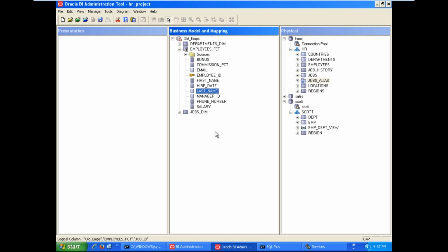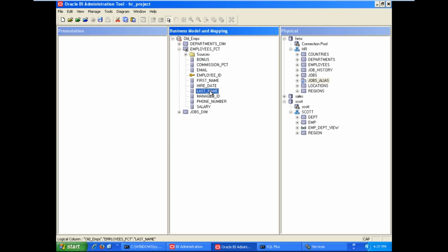And if you want to derive, for example, here we have first name and last name. This is the last name. This is the first name. Okay, employee first name and last name is available in two columns. But I don't want to display first name and last name in two columns in the report. Business user needs to concatenate first name and last name as employee name. Here we have a requirement. What is that? They want to concatenate first name and last name as employee name. That is the requirement. Okay, as per the requirement, here we can derive the new logical column.